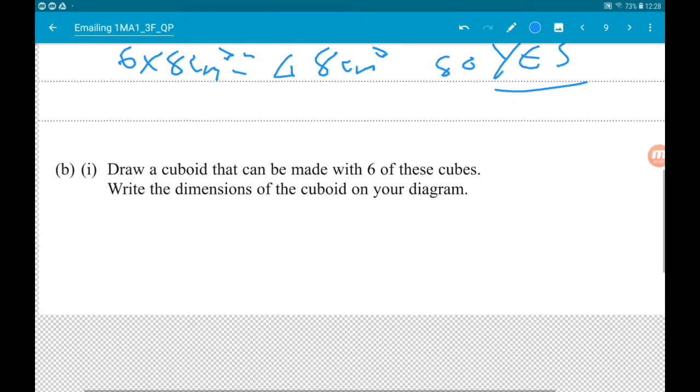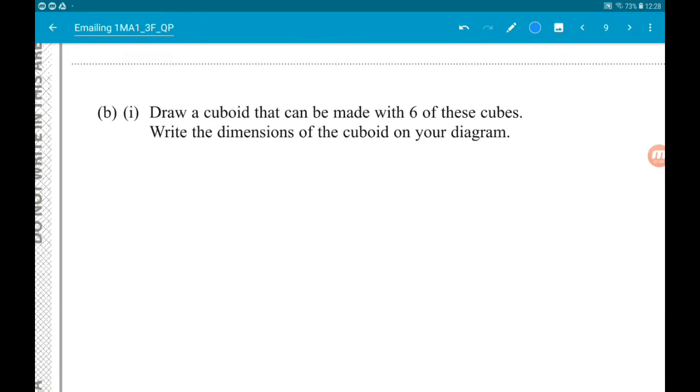Okay, then for part B, part 1, we want to draw a cuboid that can be made with 6 of these cubes. Write the dimensions of the cuboid on your diagram. Okay, so the easiest way to do this would be, well, it's not really more difficult however we do it. Because they haven't said sketch, it would be a good idea to use a ruler to do this properly. So I'm just going to go for a cuboid